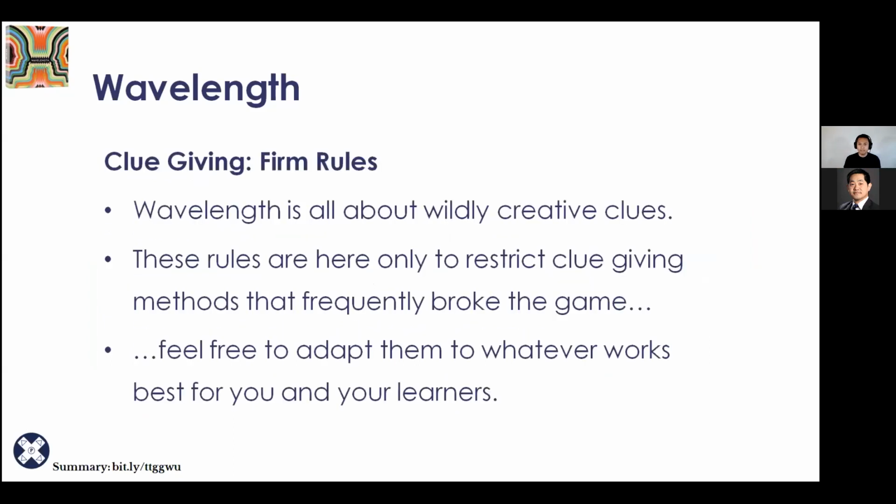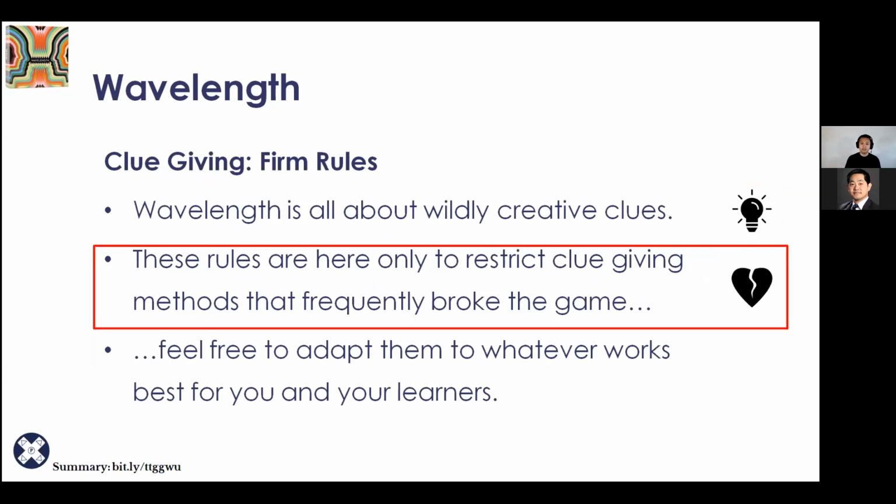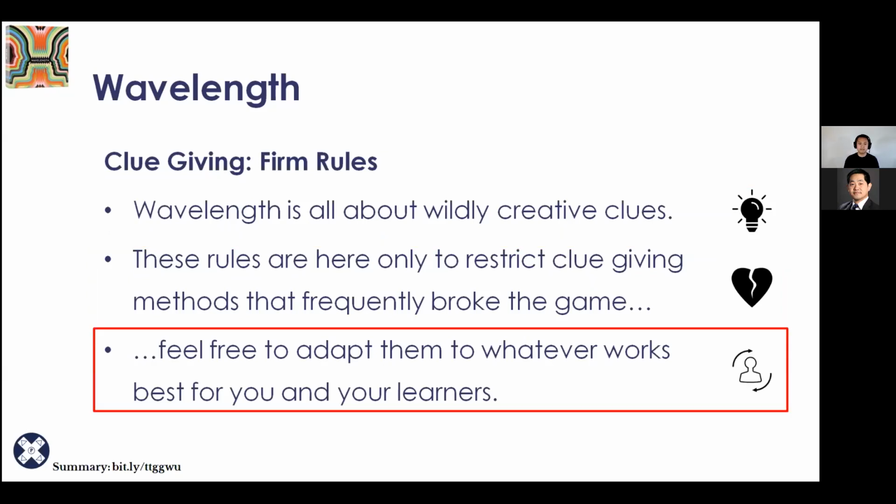Okay, so the reason I left Wavelength to last is it's one of the hardest games to explain because it's so subjective and open-ended. So here are a few rules that I've used in the past that really make this the best kind of gaming experience possible. Wavelength is going to be all about these really wild, crazy creative rules. The following things that I'm going to talk about give methods for how you should structure these clues that will prevent the game from being broken very often. Because again, it's a very subjective game, it's easy to break. I recommend following at least these to keep the game together.